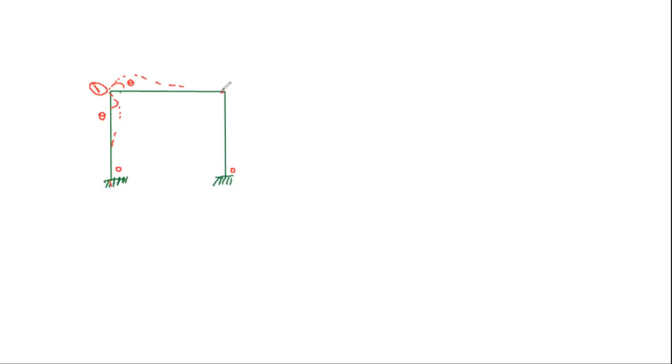Same here, for this joint there will be 1 theta, and we have a sway displacement, that is delta. So what are the possible displacements? Here theta, and here 1 theta and delta. So degree of kinematic indeterminacy Dk is equal to 3. So the possible displacements in the given fixed base portal frame is 3. Next sum: the same thing with small changes.